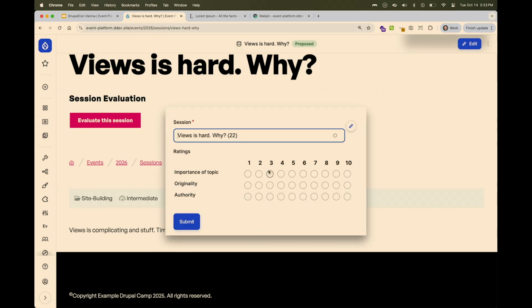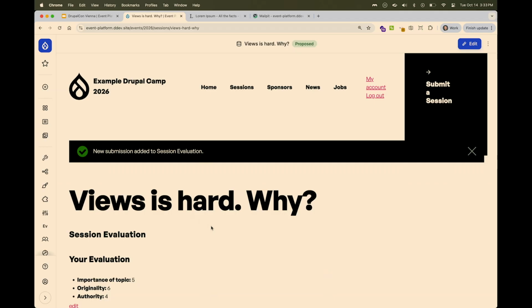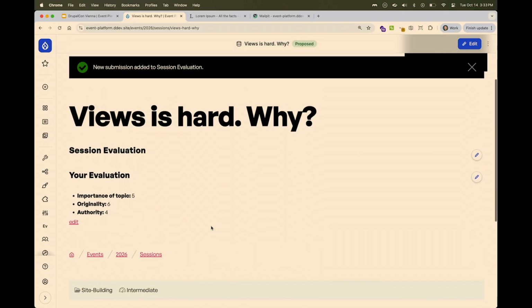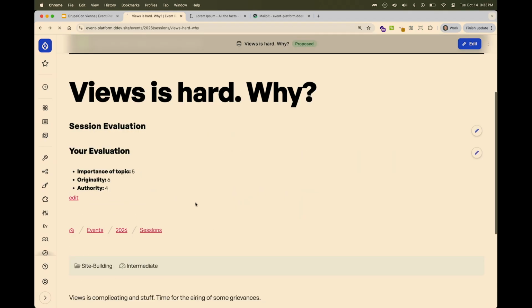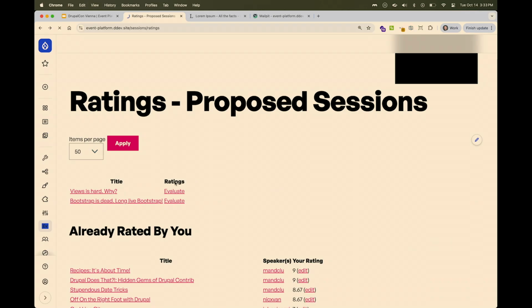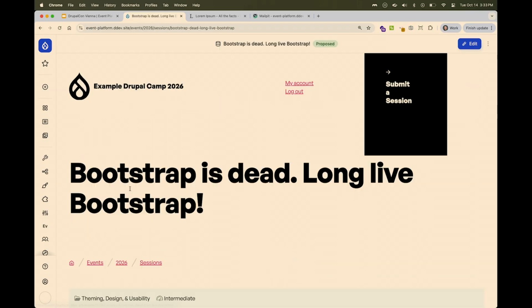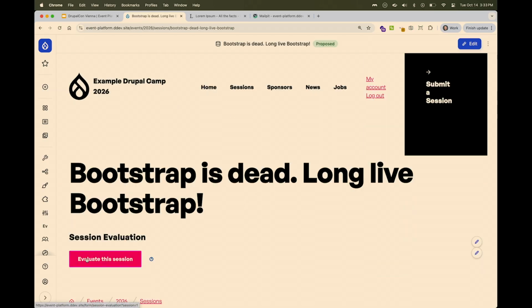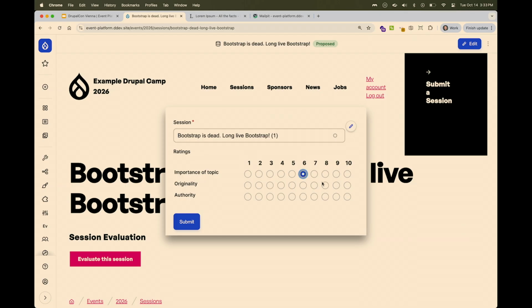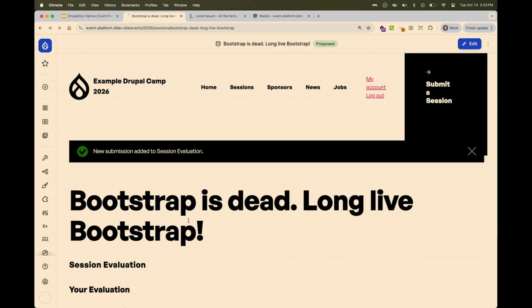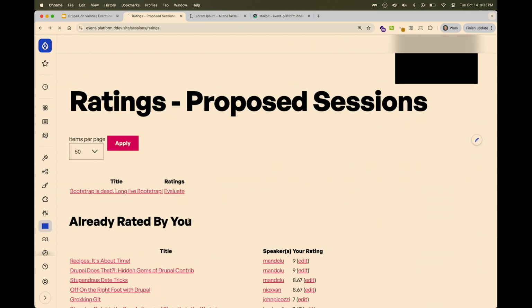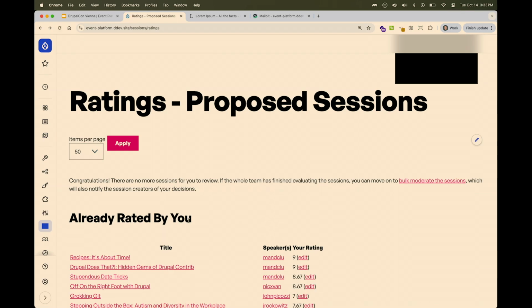You do have by default, this is going to open up in a modal, but you can have it open up in the settings tray if you would prefer, which can be nice because then, if it's a long session description, you can read through it and evaluate it as you go through. And then if we go back to our list and refresh, you can see there's going to be just 1. And let's go into that. Maybe this one we think is a little more promising, so we'll rate it a little higher. Submit that. And now, if we go back to here and refresh,